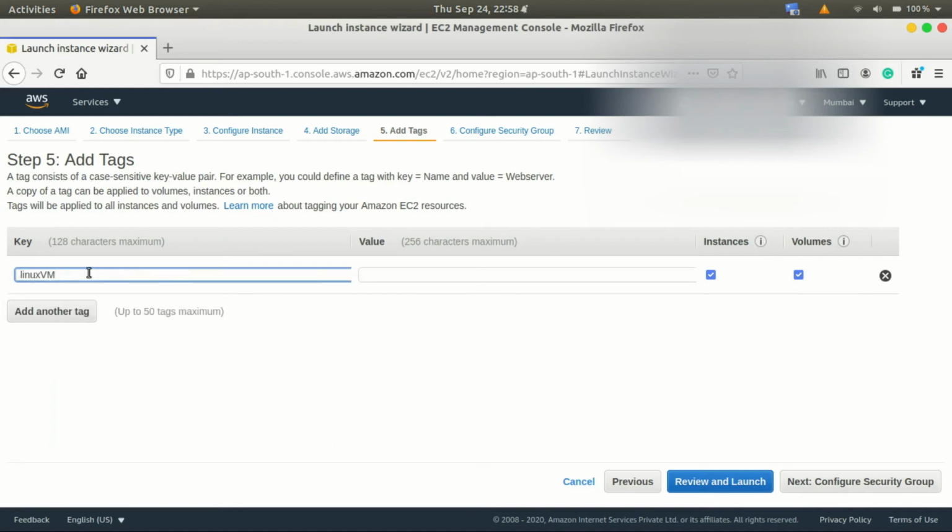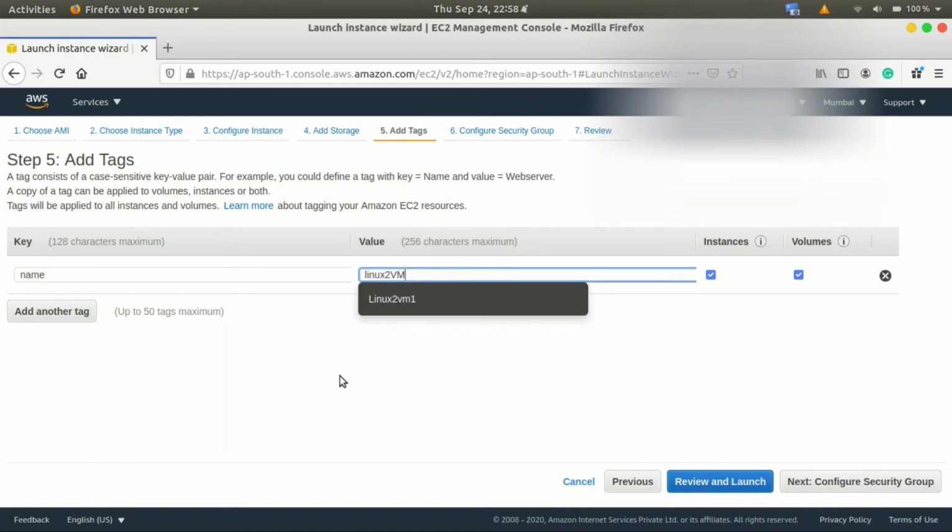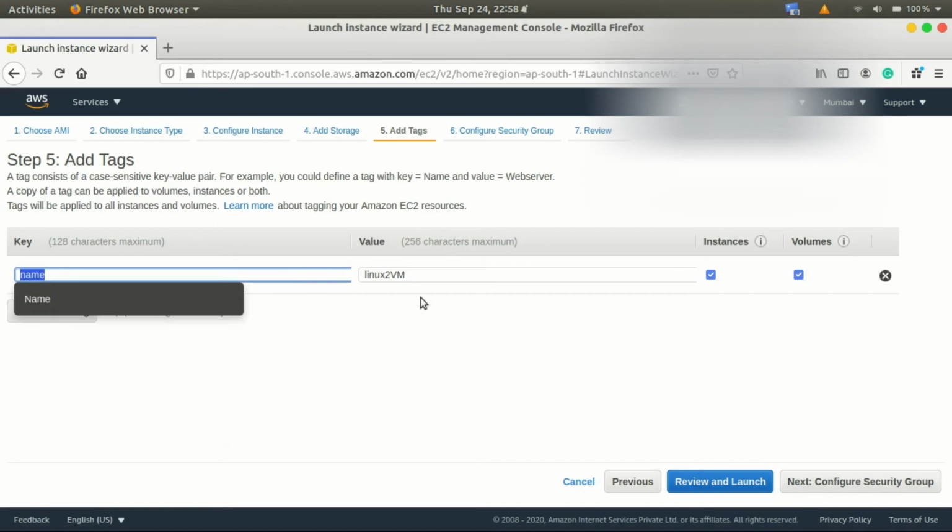Or you can say the name, and in value I'll give Linux2VM. So in this case I have given the key as name and the value is Linux2VM. Whenever I want to search this VM, I can search it from Linux2VM in the resources.